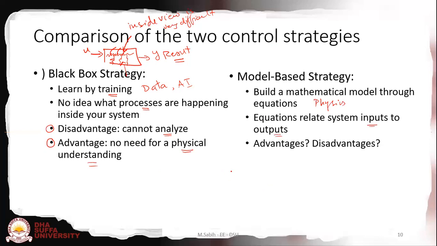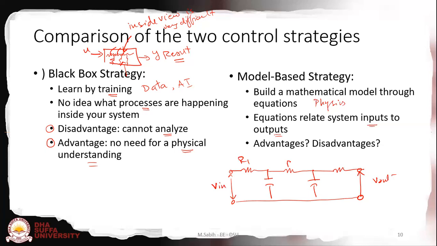So it can be, for example, अगर मैं दोबारा इसी सिस्टम को बनाऊं, if I have this system here, and we have V in here, we have V out here, यहाँ पे R1 है, R2 है, R3 है, C1 है, C2 है. तो इसमें अगर मुझको इस पूरे सिस्टम में V out upon V in चाहिए,